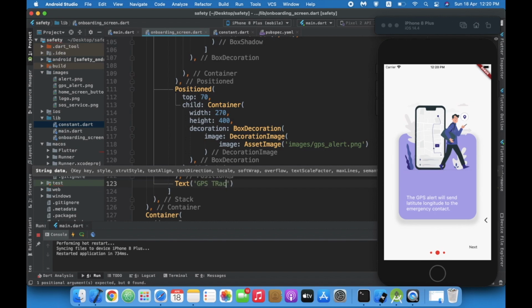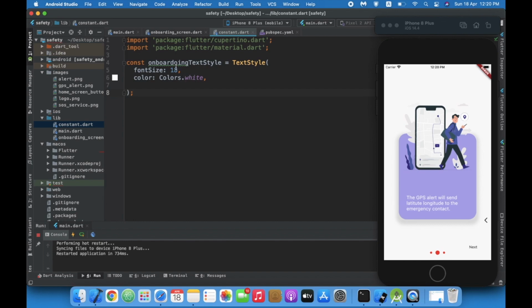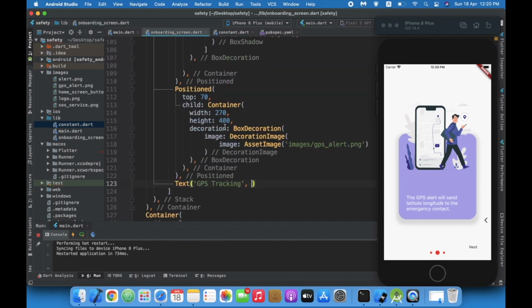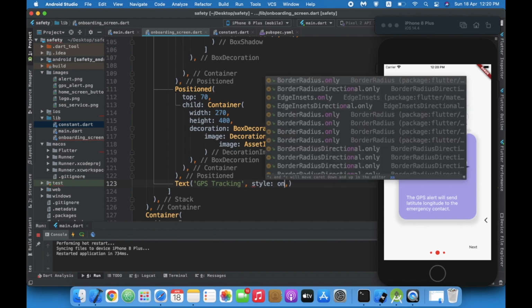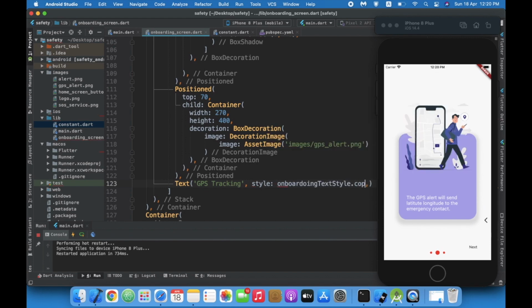Over here I'll write GPS tracking, and let us use this constant that we have created, onboarding text style. So style onboarding text style, but I want to change it.